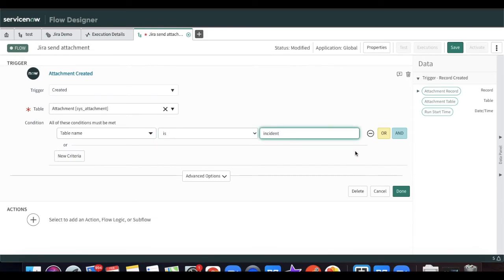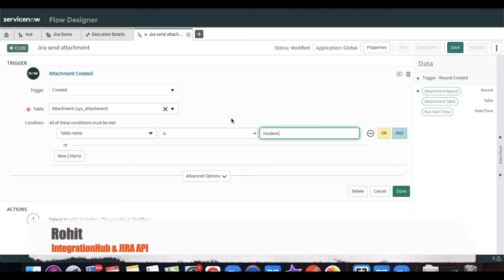So once any record is attached to that attachment table and the table name is incident, the flow will be triggered.